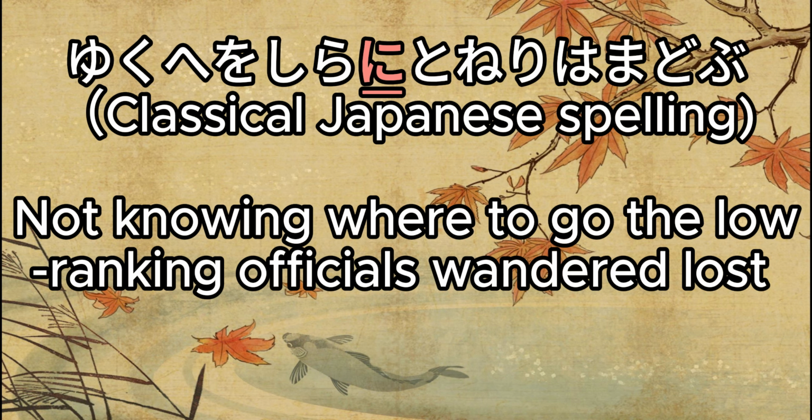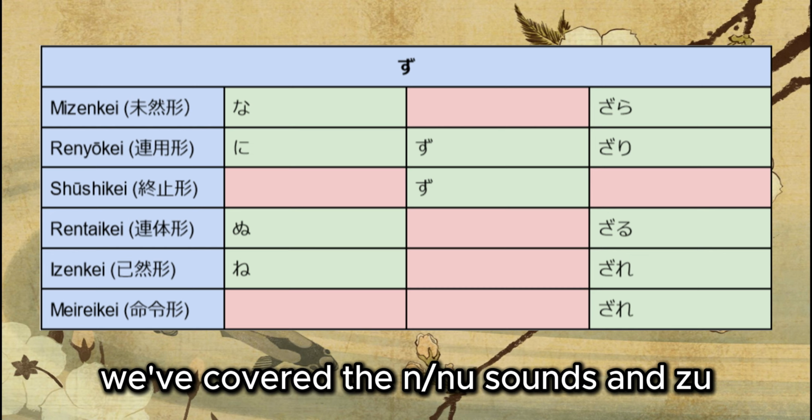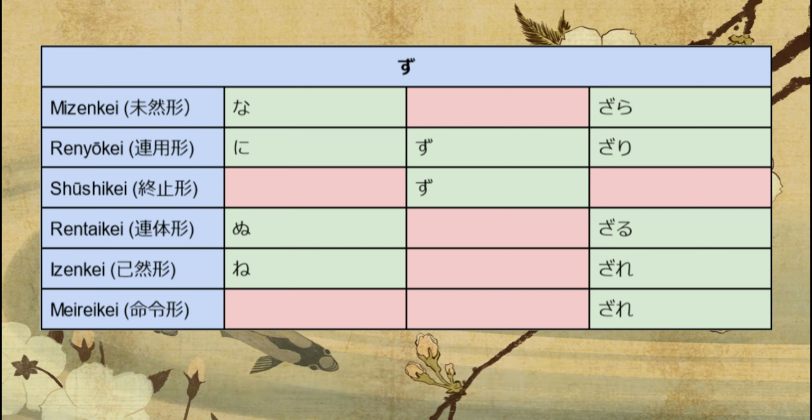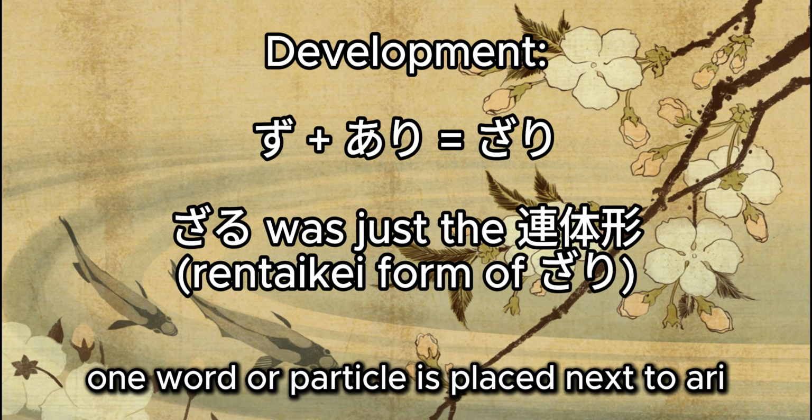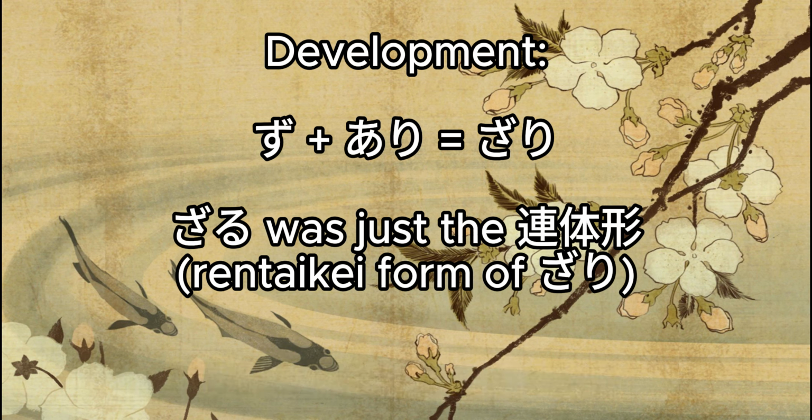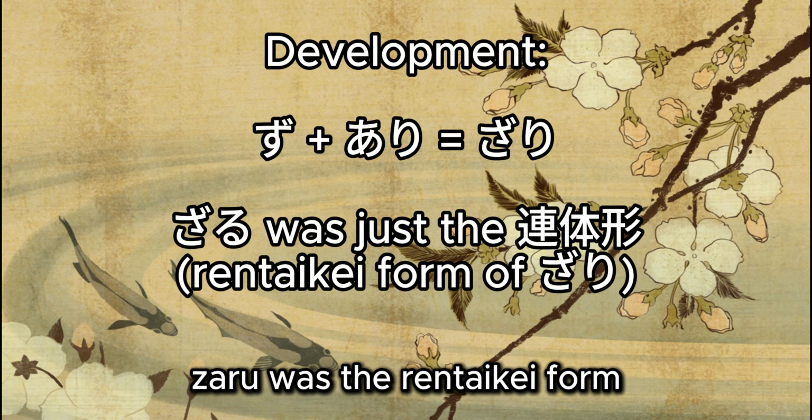Okay, if I bring up the previous table, we've covered the n/nu sounds, and zu. But what about zaru? You've probably seen zaru in set phrases such as saru o enai, which means I have to. Saru was born out of zari, which itself was born out of zu plus ari. Ari is the verb which meant to be. This happens a lot in Japanese etymological history. One word or particle is placed next to ari, which created a new word. Zaru was the rentai-kei form, the attributive form. For example,